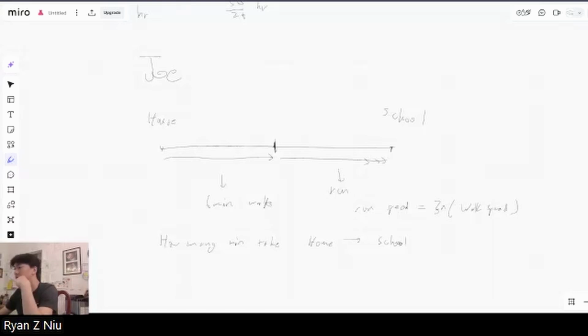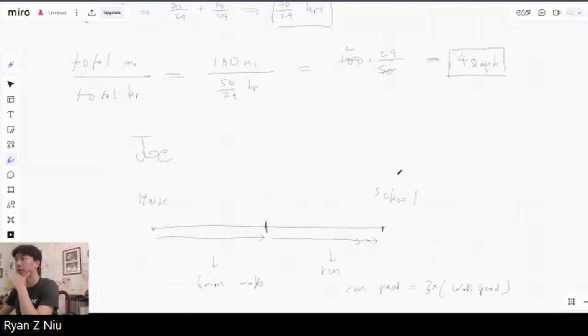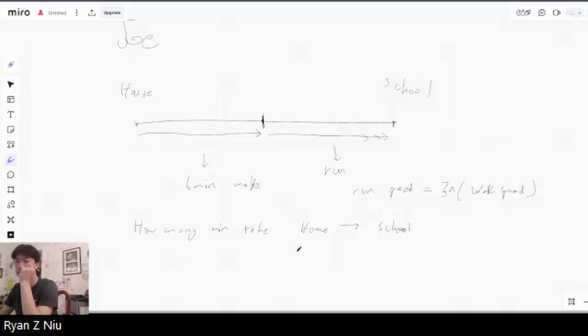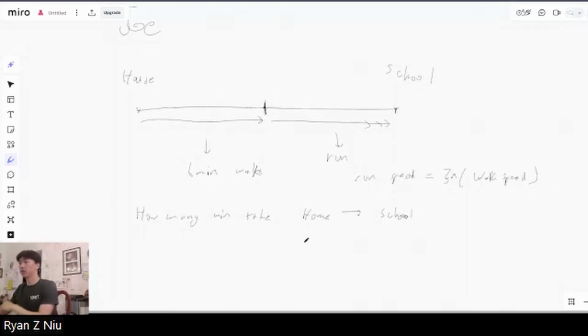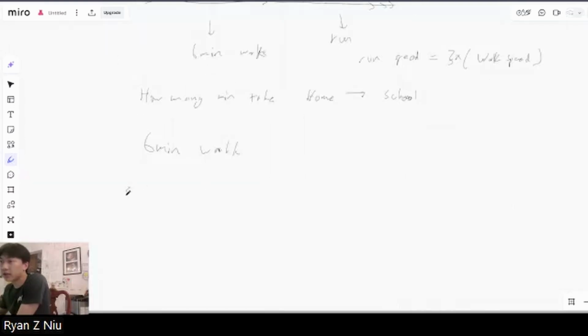But since I want you guys to go on break soon, I'm just gonna go over it really quickly, because I don't think it's as hard as the other one. This one was definitely pretty hard. But this one, if you conceptually understand what's happening, I think it's not too difficult. So the idea here is it takes 6 minutes to walk, right? And we don't know what this distance is, but it doesn't really matter, right? Because when he's running, he's 3 times as fast,